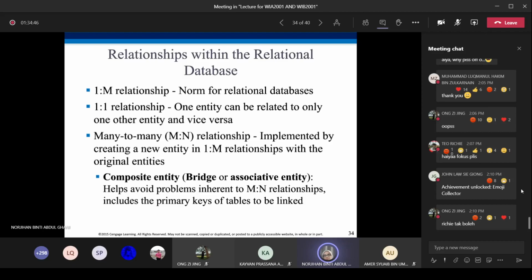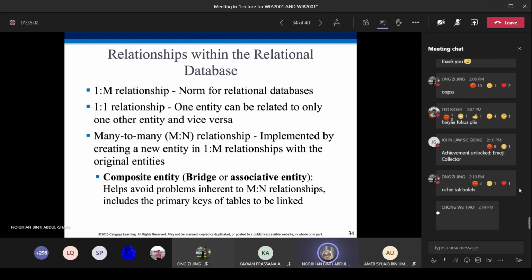This is one way to solve the many to many relationship. It helps to avoid problems inherent to many to many relationships, and includes the primary keys of the tables to be linked.